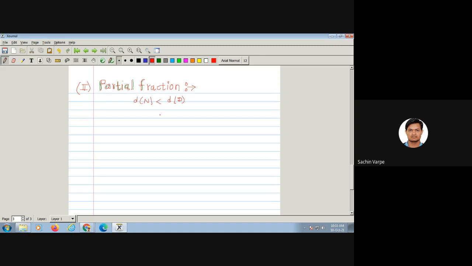So whenever it is asked, here in Z transform, the numerator and denominator must first of all be polynomials, and the degree of the numerator must be less than the degree of the denominator. If it is not less, then we actually divide the numerator by the denominator using actual division, and then we write the numerator in terms of the denominator using the formula, right? So that is the necessary condition to use the partial fraction.